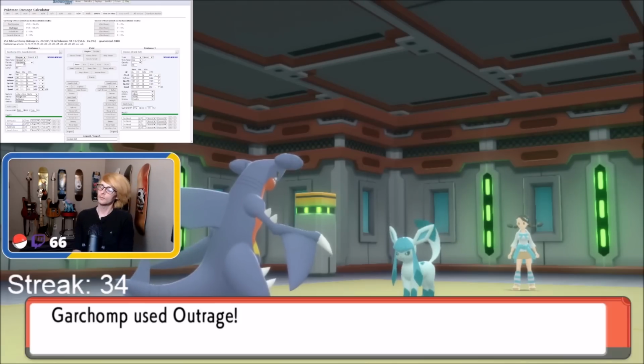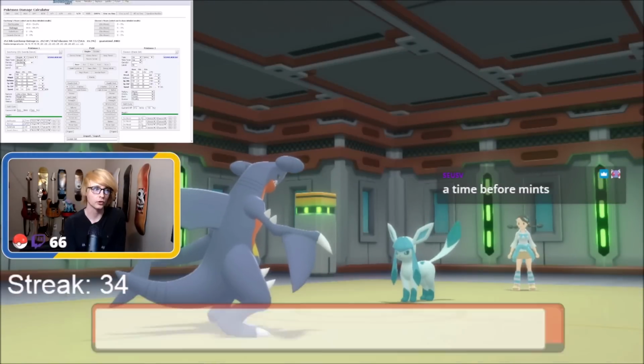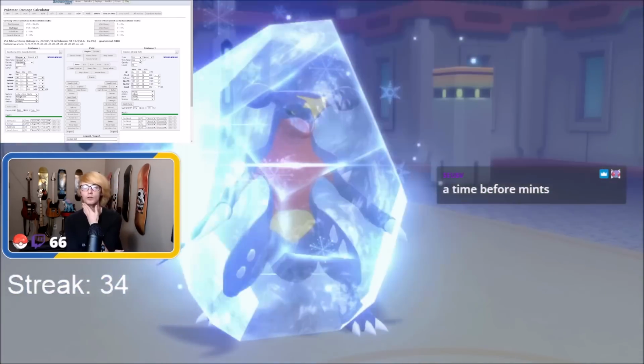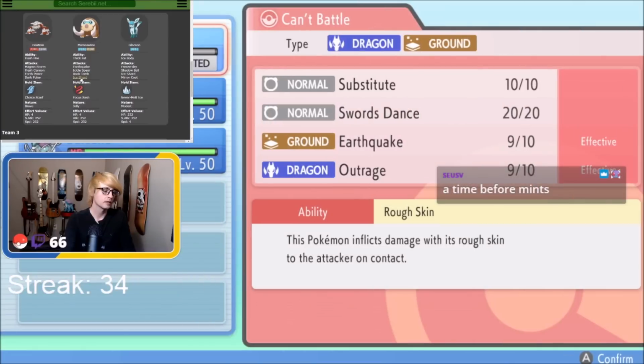I want to see if the Ice Shard. Cool. No Ice Shard. Time before Mints, way back in the day. Oh, that's such a high roll. That's a crit. Freeze-Dry. We have this. And then they're going to go for the Ice Shard, but I don't know if, with Never-Melt Ice, Freeze-Dry, yeah, we're still dead. Is that a crit back? Okay, that's fine. And does your Mamoswine have... It does have access to...